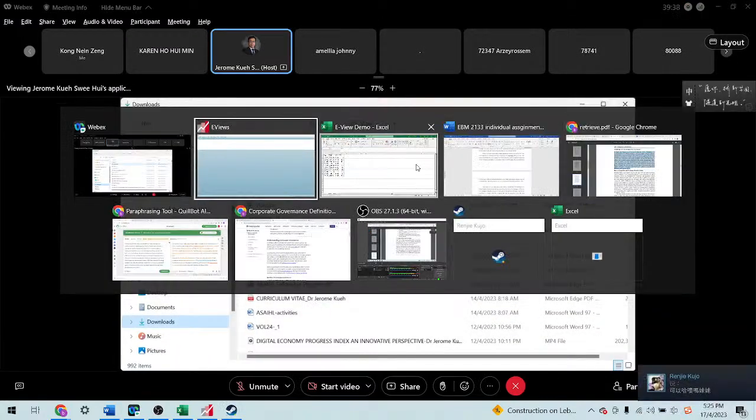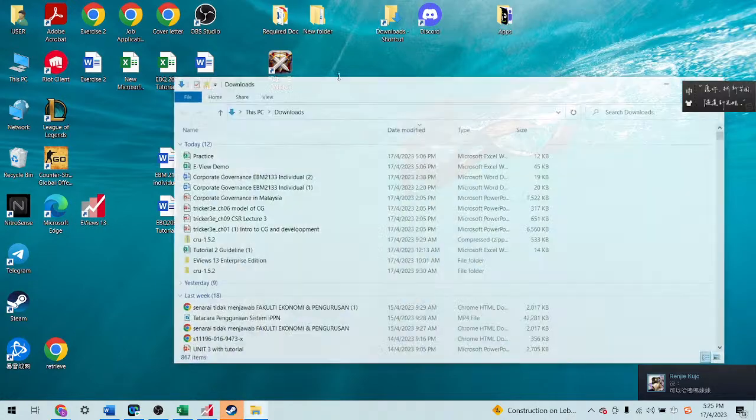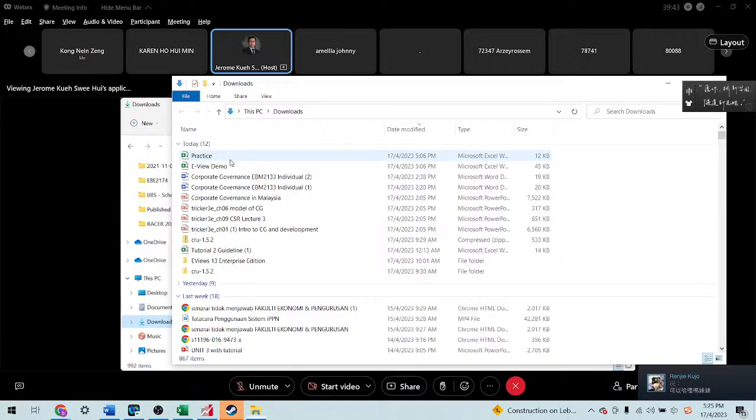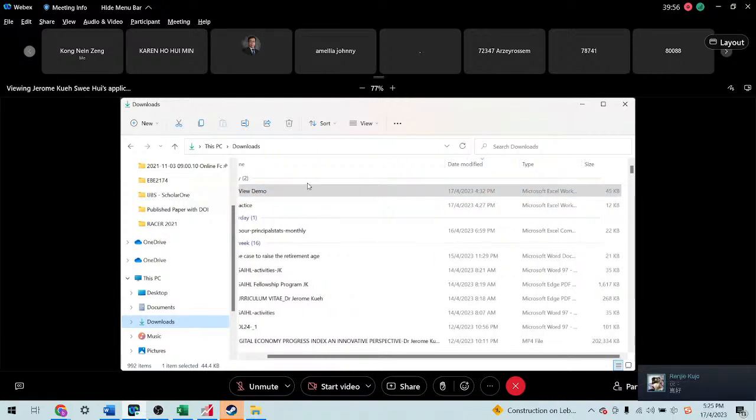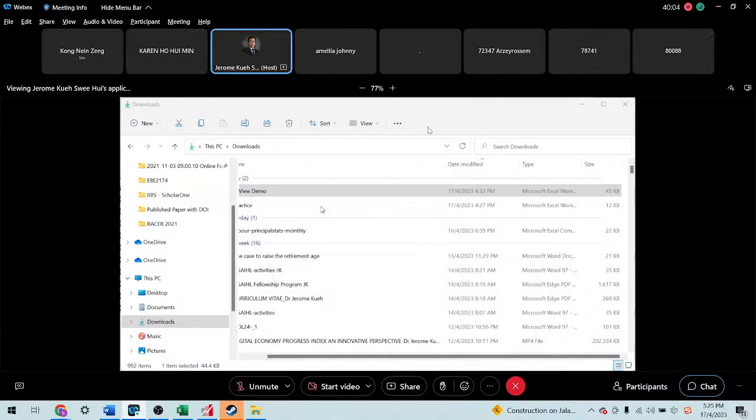So you go to the source, the folder where you downloaded your eViews Excel, and this is your eViews file. You just drag it and put it in your eViews. Next, finish, click no. So we transfer into eViews.